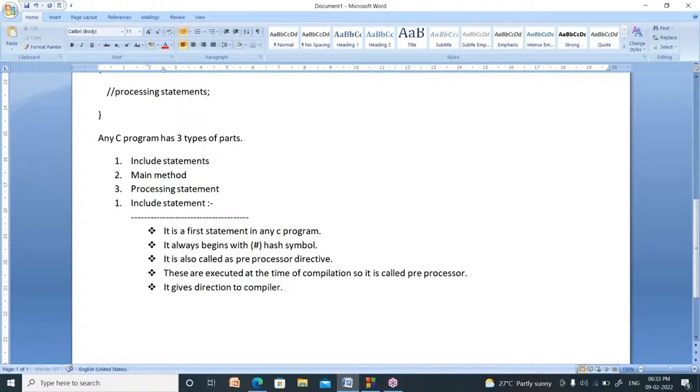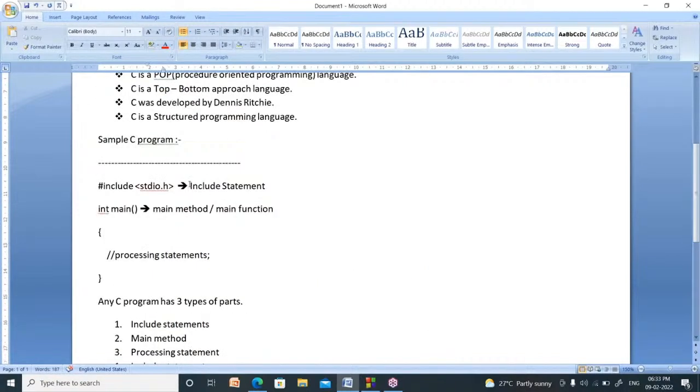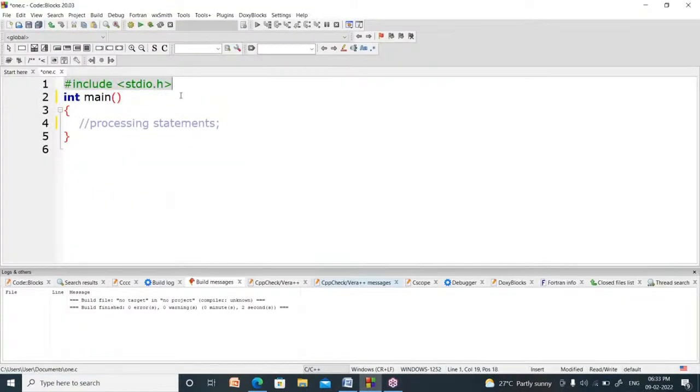So it is called a preprocessor directive, right? This always begins with which symbol? Hash symbol. Now why do we have to write hash include stdio.h at the top of every program? Your aim is to build some application, nothing but an app. Application, app, program, all are common terminologies. To build an application, we need to use a lot of tools. Those tools are already developed by Dennis Ritchie and kept in a header file called stdio.